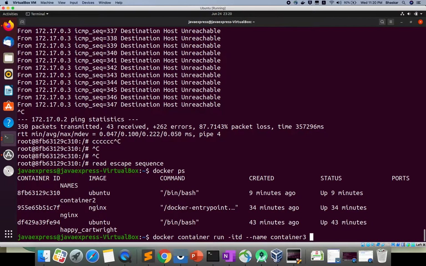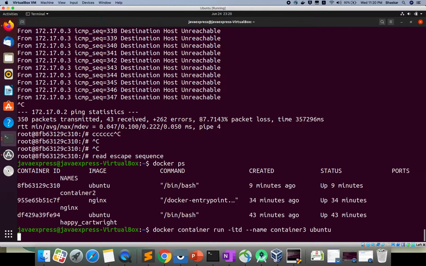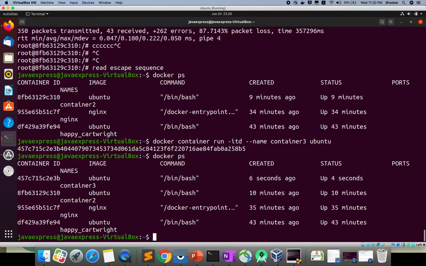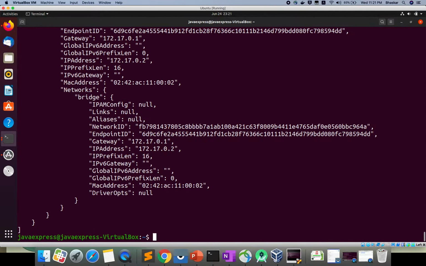Okay, which machine do I want to run? Ubuntu. Okay, my container is created. If you see docker ps, I think you are able to see my container3, right? If you want to see whether the IP address is allocated or not, how will you see? docker inspect container3.